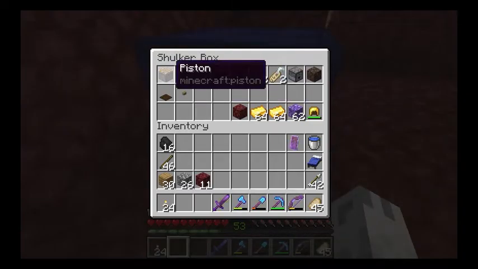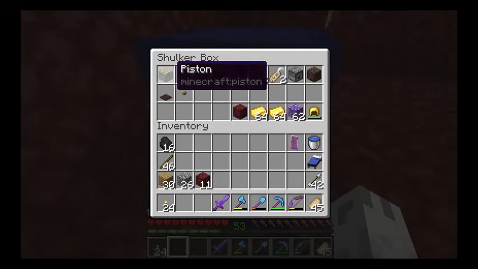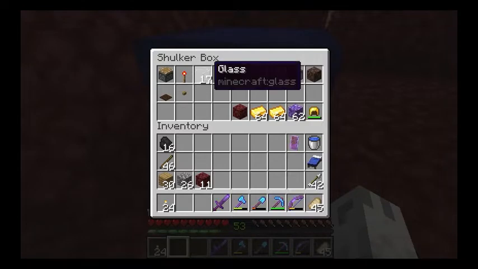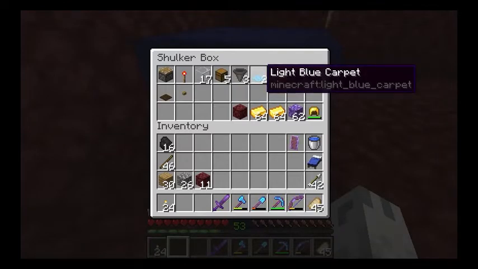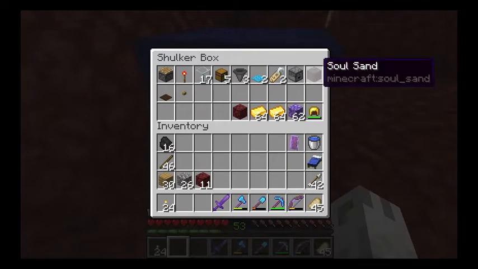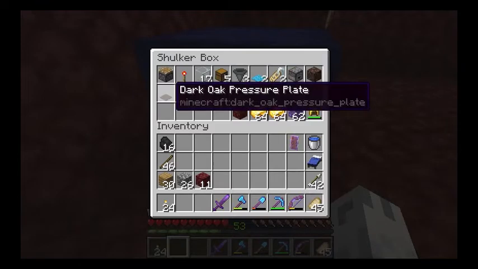You're going to need one piston, although we're just temporarily using it, so it's yours to keep to do something else with. You're going to need one redstone torch, 17 glass, 5 chests, 3 hoppers, 2 carpets, of course they can be any color, 2 name tags, 1 dropper, 1 soul sand, 1 pressure plate, and again it can be of any kind, except iron,